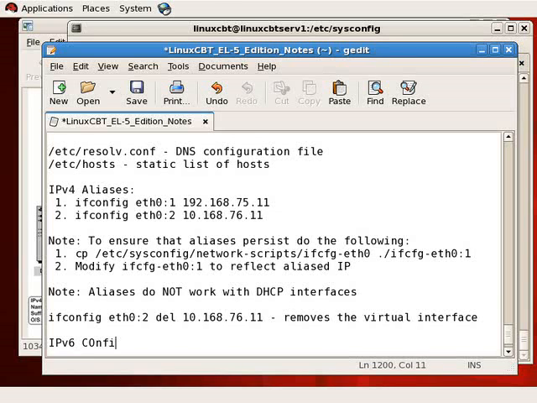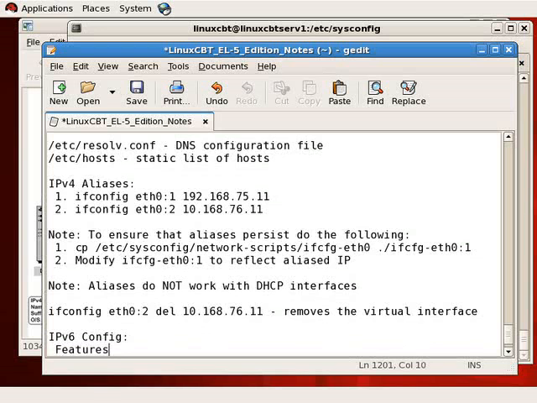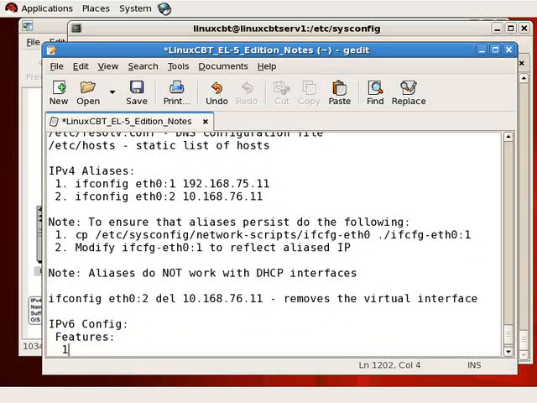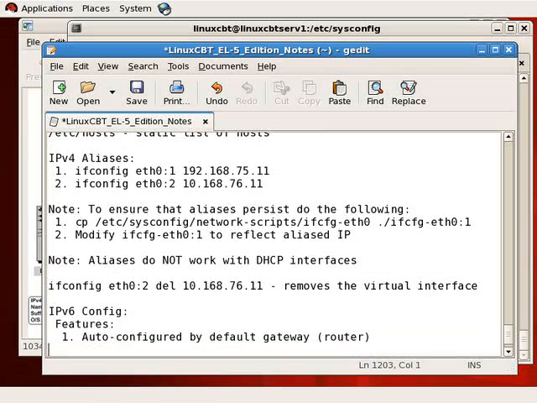Now, as far as IPv6 configuration is concerned, if you execute an ifconfig, plain old ifconfig, in addition to IPv4, you see IPv6 configuration information. In fact, we have two IPv6 addresses defined. FE80, and we'll just indicate using : Let's just set up a brief section here, IPv6 config,